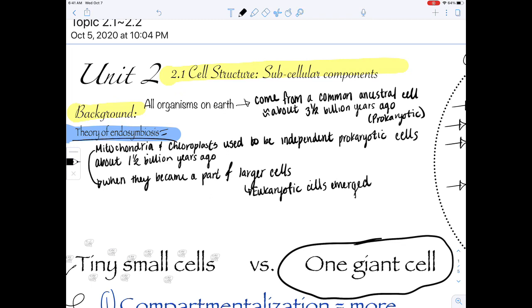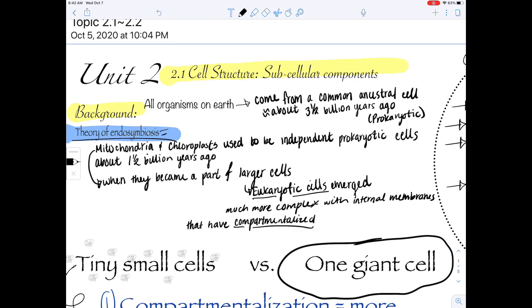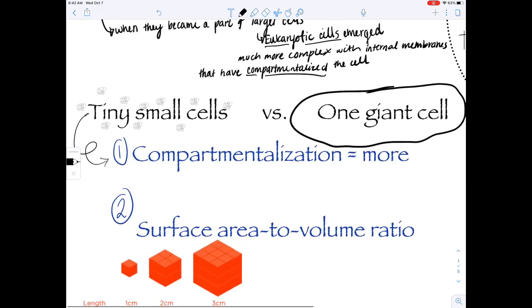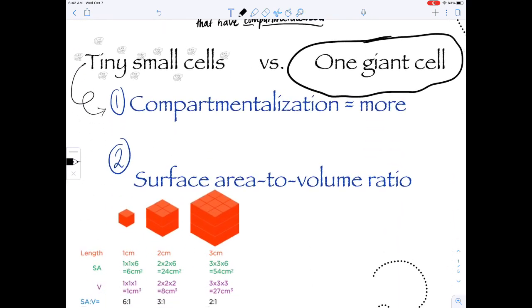So when we go in and we talk about the mitochondria and the chloroplasts, we're going to make that connection in the structure of the mitochondria and chloroplast and how those structures support the theory of endosymbiosis, that the mitochondria and chloroplast used to be their own independent prokaryotic cells, and then they became parts of larger cells, which were our eukaryotic cells. So when we had our eukaryotic cells emerge, these were much more complex with internal organelles that